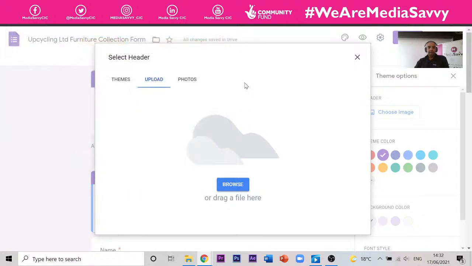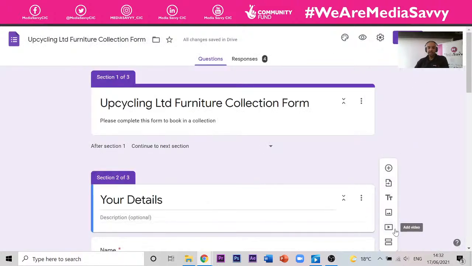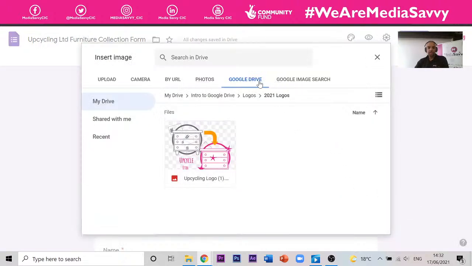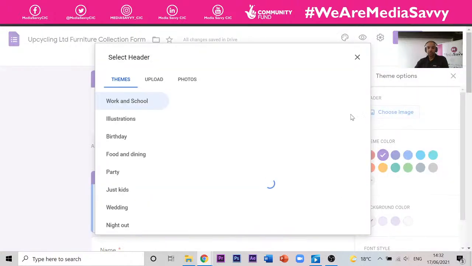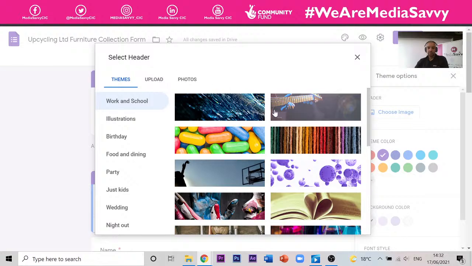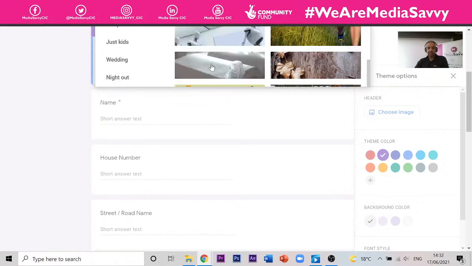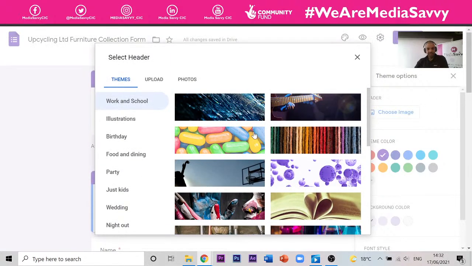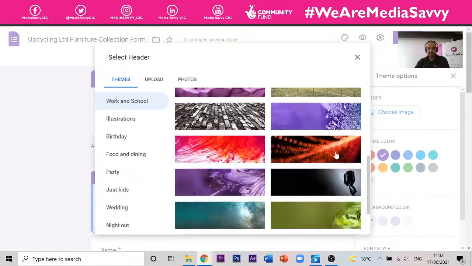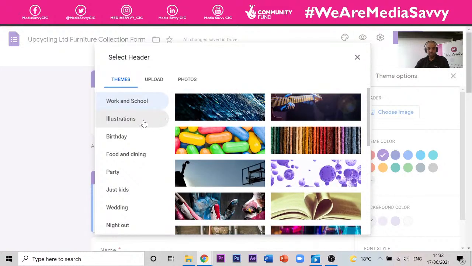Now this is a little bit different to adding an image from the side panel. If you add an image from the side panel, you can search on your Google Drive account, or you can upload it, or you can get it from various other means. However, in the customize section here, we can't do that. We can only upload, or we can choose from a selection that they have here. They've got a load of images here that we could probably use, that might fit the bill of what we're trying to achieve,